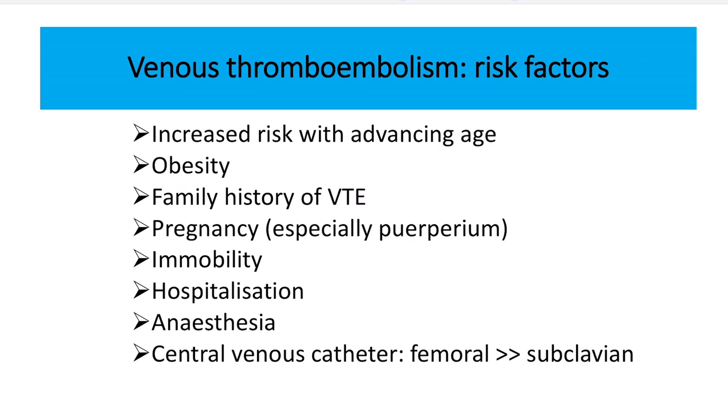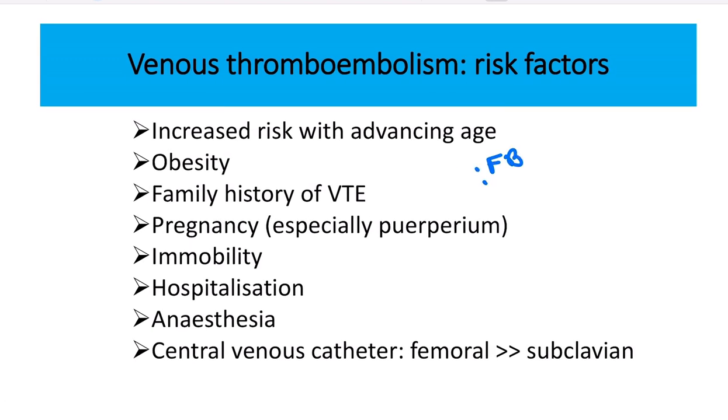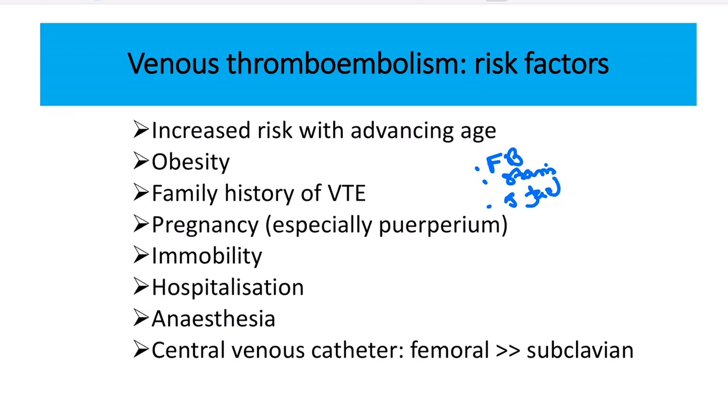So let's see venous thromboembolism. There are different types of risk factors. Actually, the risk factors develop when there is a foreign body in the venous system, or when there is stasis of the blood somewhere, or when there is an increase in different types of coagulation factors in the blood. This also causes venous thromboembolism, including malignancy. In malignancy, different types of substances are released from the tumor and also cause venous thromboembolism.